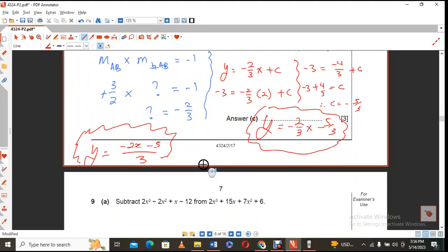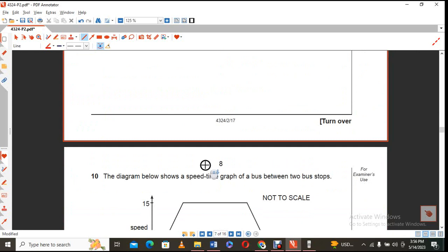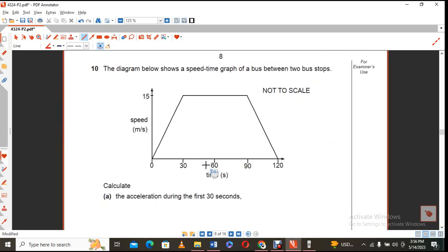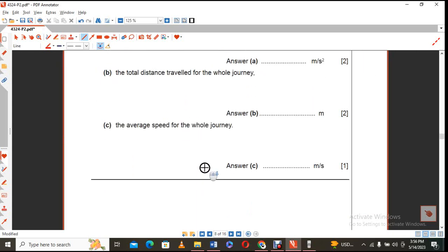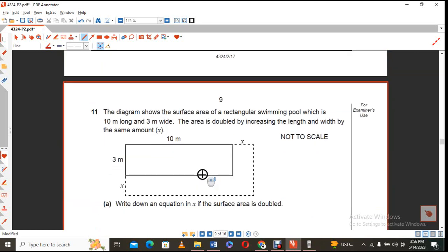Maybe I can do one more question. I can have a look. I see a speed time graph over here. This is also a very interesting question since I'm in the mood to do it, but maybe let's have a